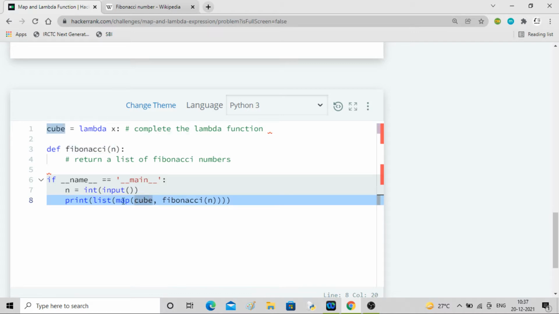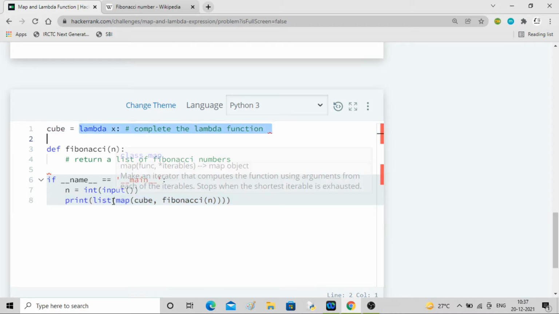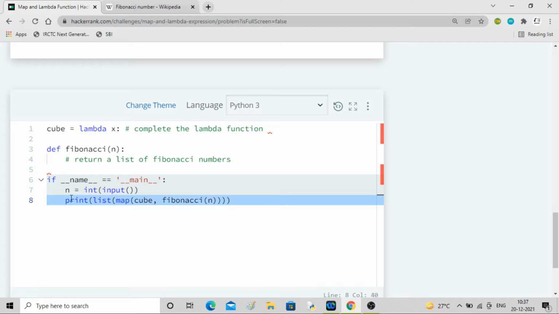Then this is the mapping function. You can see cube is applied to each element of the Fibonacci numbers. It will calculate the cube, come back here in list form, and then print. Okay, so that's the flow of this program. What we have to do is finish this function as well as this function.